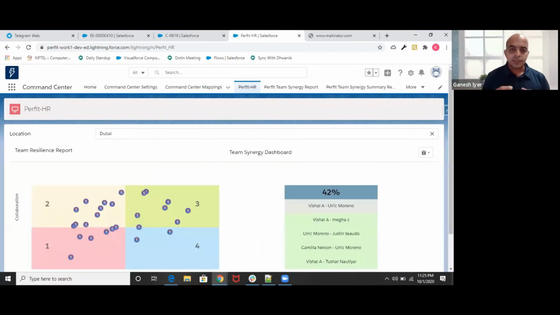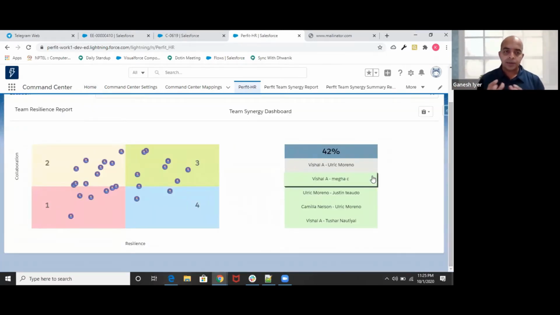And this view is some of the taxonomies here. We are working through that. The left side of the view is giving you a quick assessment of where the productivity loss is. So you would see on the left side of the view where you have the 4 quadrants. You would have 1, 2, 3, 4 quadrants. Ethan, if you can hover your mouse to the left side, please. Hold on, Ethan. Yeah. So basically on the left side of the screen, you would see 1, 2, 3, 4. And you can see the quadrants on the bottom left have the lowest productivity, which is directly proportional to the resilience. And this gives you a quick understanding where the productivity loss is happening.